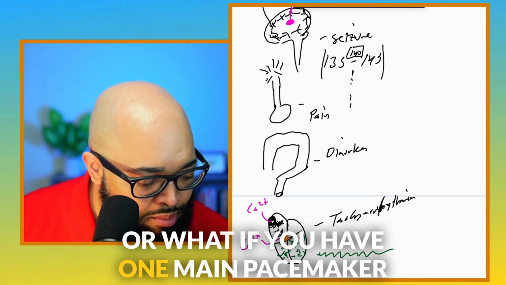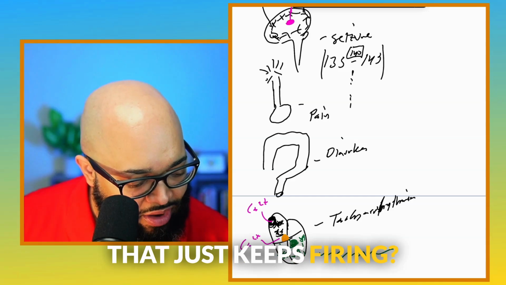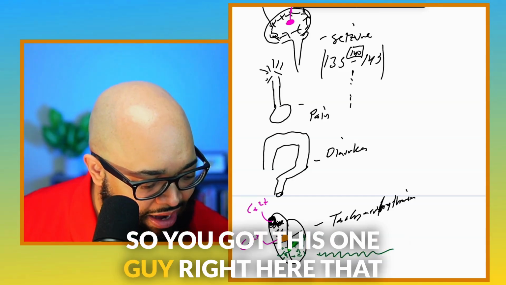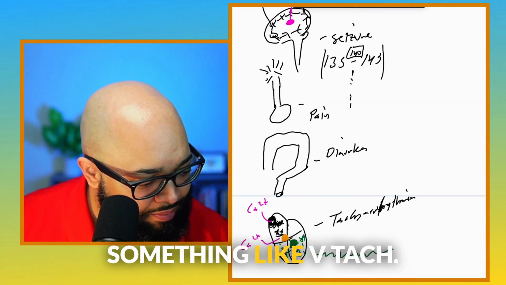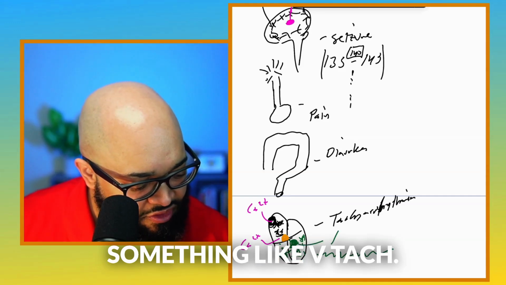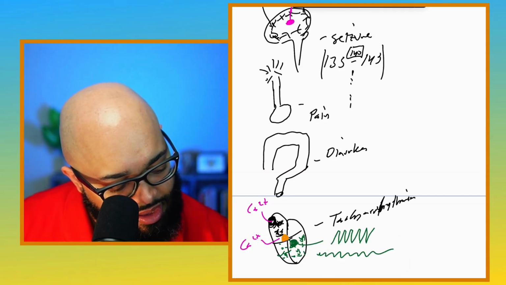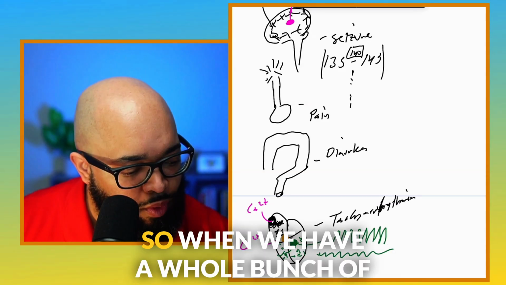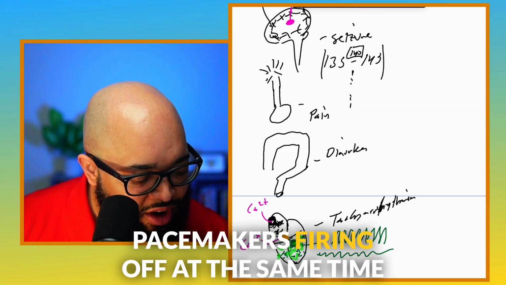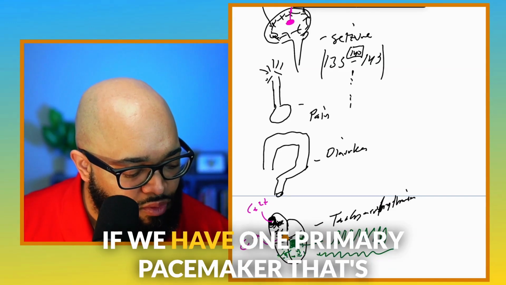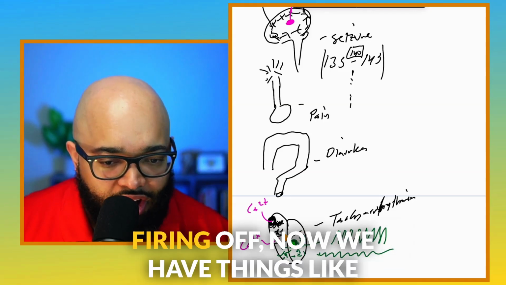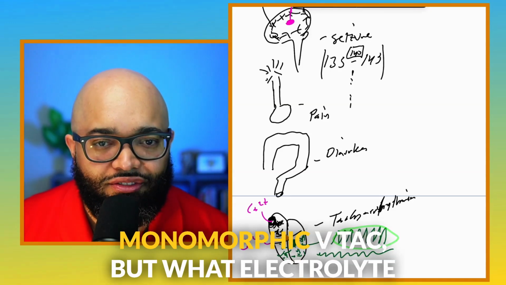Or what if you have one main pacemaker that just keeps firing? So you got this one guy right here that just keeps firing. That's going to produce something like V-tach. Okay. So when we have a whole bunch of pacemakers firing off at the same time in the ventricles, now